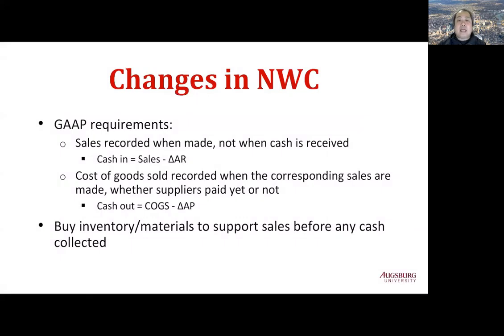Cash flows are not same as revenue and cost. Therefore, operating cash flows cannot handle this issue. Additionally, before any cash is collected, we need to buy inventory and materials to support sales. By looking at changing net working capital, we can incorporate the increased investment in receivables and inventory that are necessary